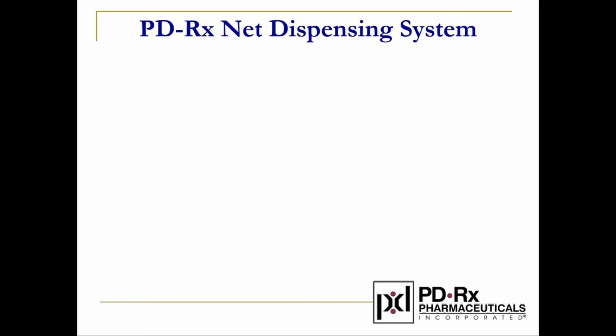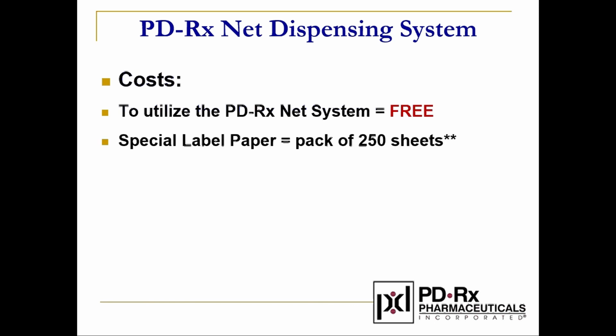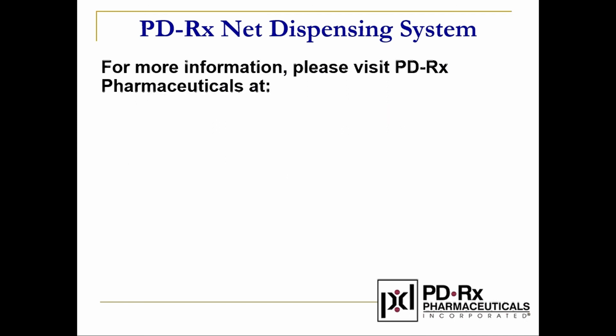There is minimal cost associated with the PDRxNet Dispensing system. PDRx provides this system free to all of our customers. It does require special label paper, which is available at PDRx in a pack of 250 sheets and a barcode scanner. For more information, please visit PDRx Pharmaceuticals at